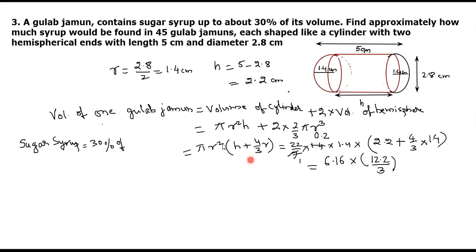You can write one more step, volume of 45 gulab jamun, then sugar syrup. Total sugar syrup will be 30% of that one. So 30% of that will be 45 multiply with 6.16 to 12.2 divided by